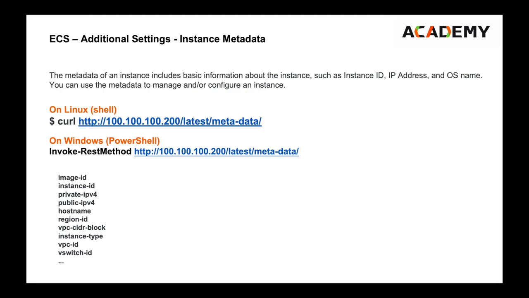or not your ECS instance has a public IP address. The URL for that service is, as shown here at the top of the slide, 100.100.100.200/latest/metadata. Essentially, you can use this data to do things like automate some of the setup and configuration of your instance. Just to give an example, maybe you have a setup script that you bake into your instance boot disk image, the disk image, and this setup script needs to know your instance's hostname and public IP address. Well, it can get that information from the metadata service and then use that to configure other things like WordPress